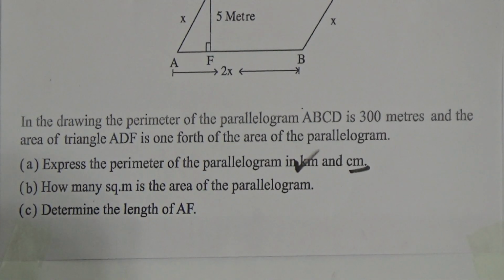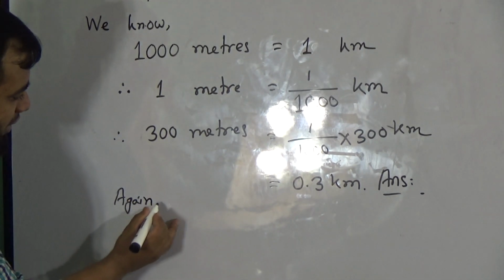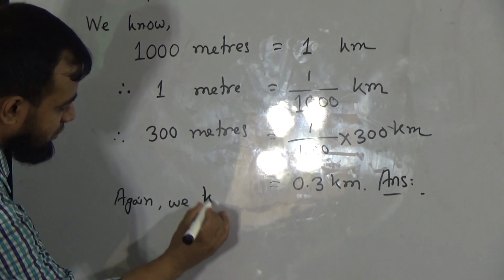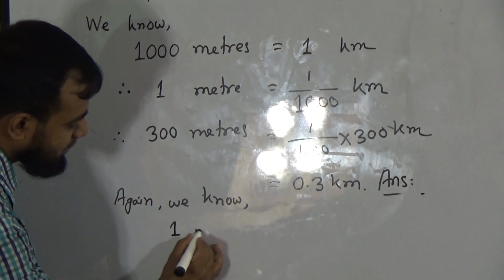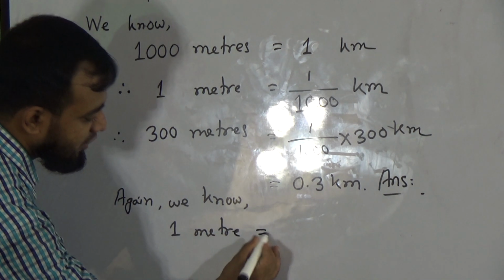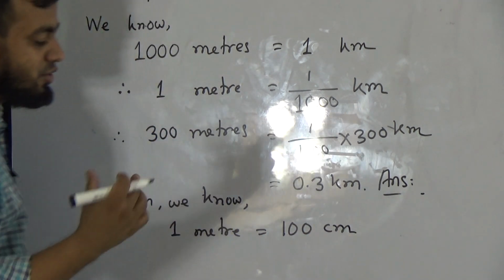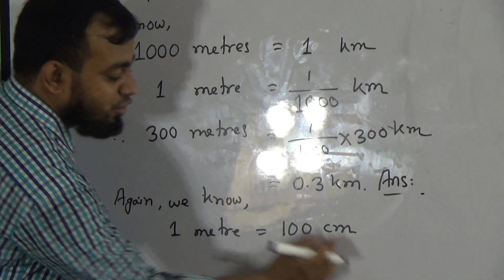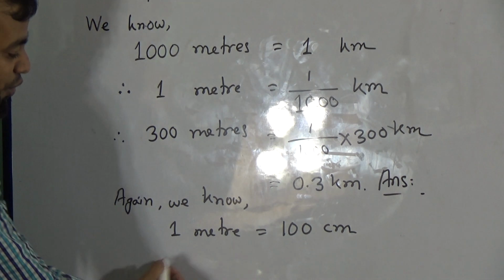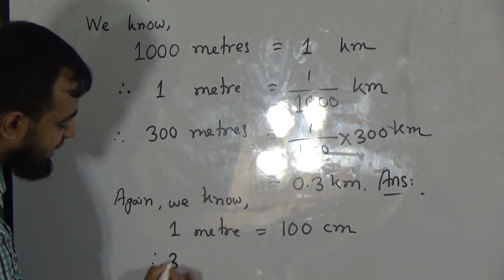So 300 meter needs to be converted into centimeter, and we know again 1 meter is equal to 100 centimeter. My dear students, we are going to find out the meter into centimeter. That's why centimeter should be written down on the right side. Okay, 1 meter equals 100 centimeter. Therefore, 300 meter